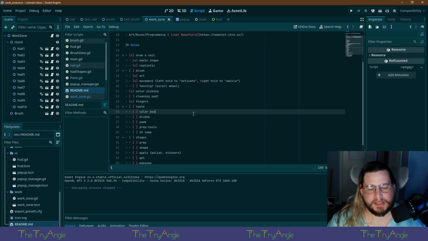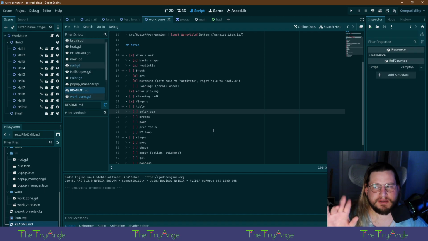So how do we implement it into the game? I think the scroll wheel will be best because you're already using the buttons to control the brush. So I feel like scroll wheel for adding pressure and taking it away, aka you're fanning the brush. I think that'll be a good idea.